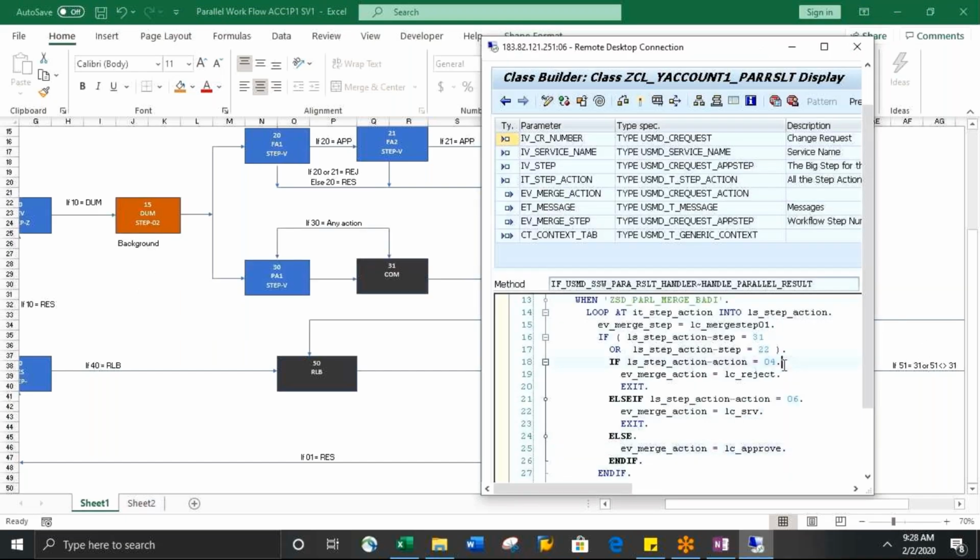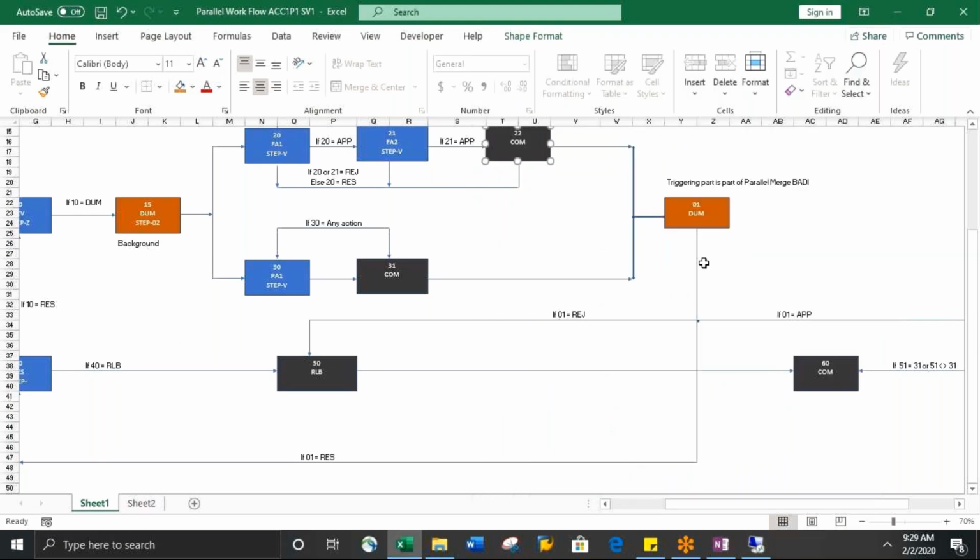If action equals 4, reject. That means either 21 or 30. If both of them executed an action called reject,